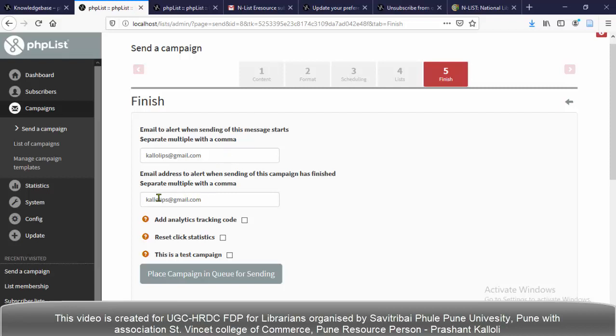Again, the second option, email address to, it's an email address. We have to give an email address here. When this campaign has finished, the system will send a mail to you saying that this campaign is finished. So after finishing the campaign, the mail will be delivered to your email ID. So that email ID we have to give here. So I am giving my email ID here,